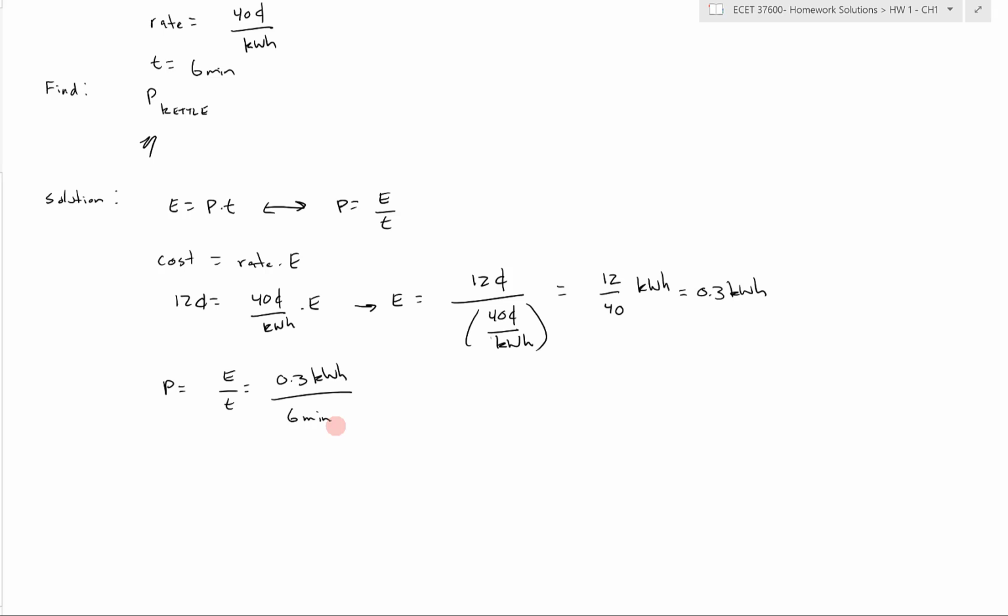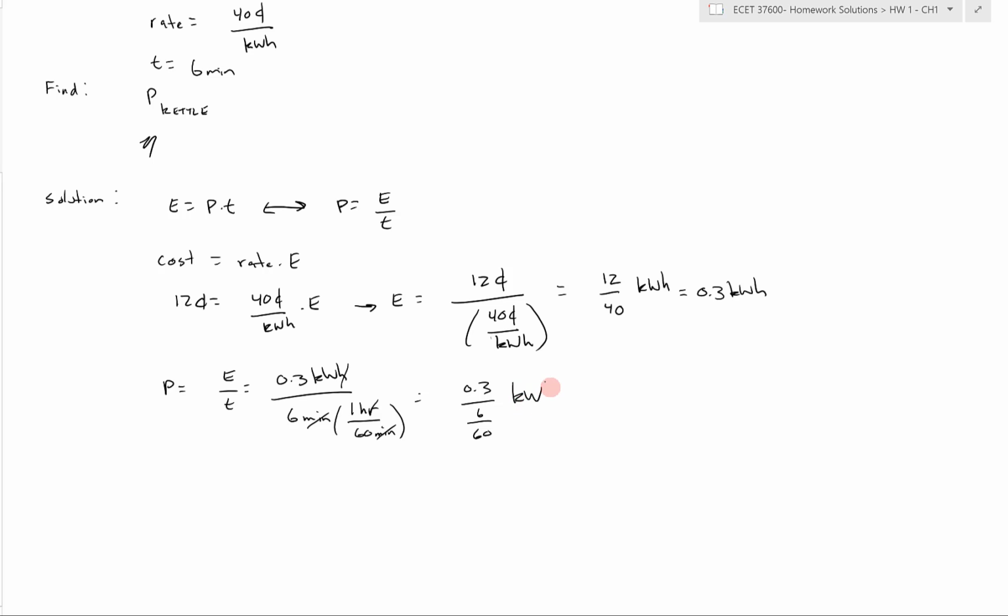Oops. Okay, so we need to realize that hours aren't going to cancel here, and we need to either convert kilowatt hours over to kilowatt minutes or minutes over to hours. I'm going to do the latter. 1 hour is 60 minutes. So now my minutes cancel, my hour cancels, and I'm just left with kilowatt. So 0.3 over 6 over 60